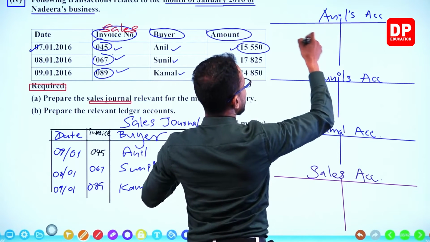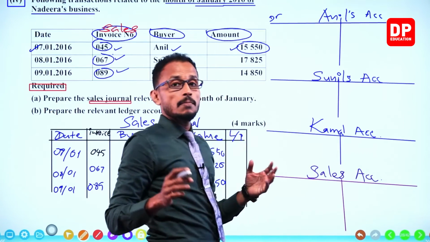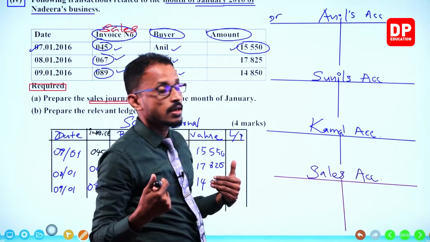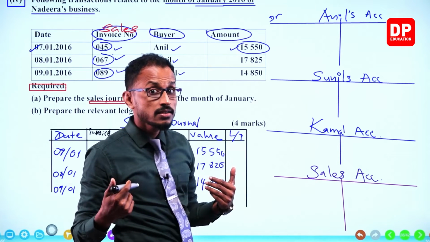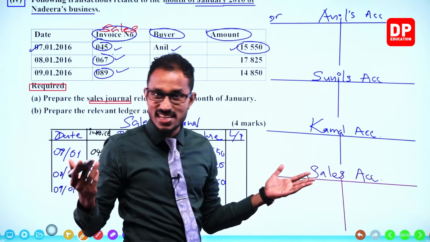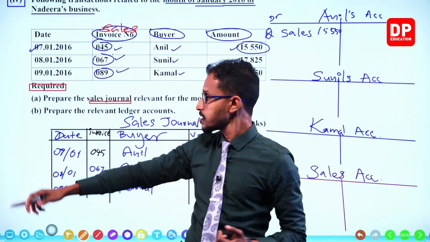Debit side, because buyers are customers. Customers means they are buying from us on credit, which means they become debtors. Debtors are debited. 15,550. Description is sales. Mention the date. Okay. Next,